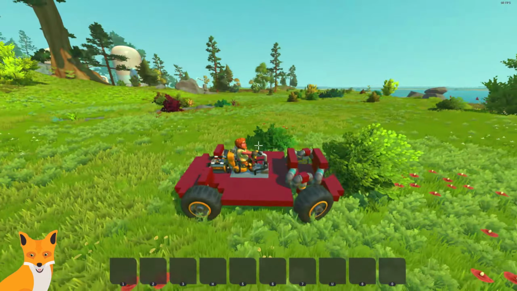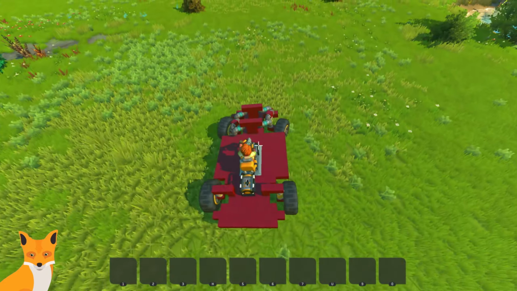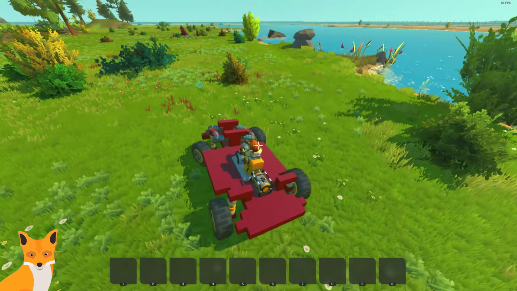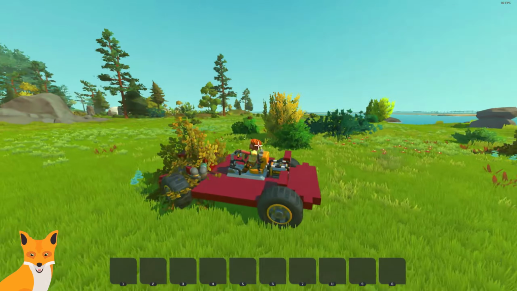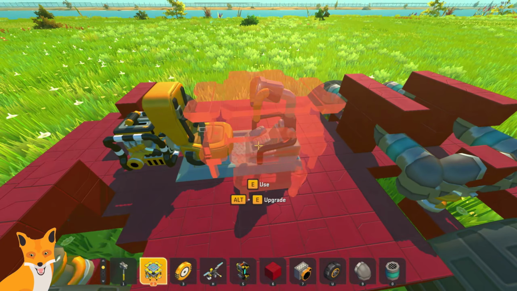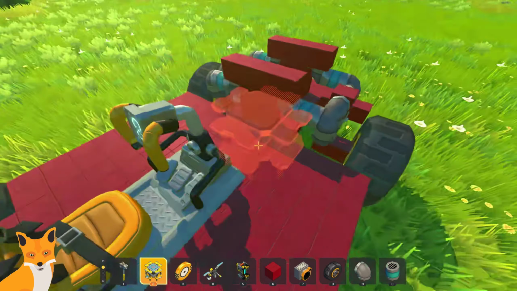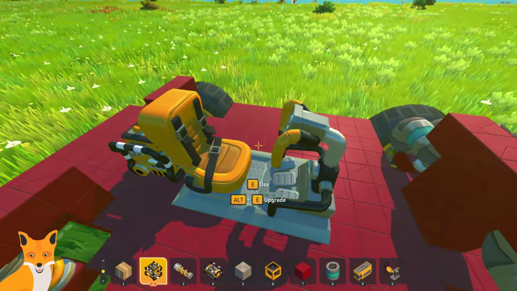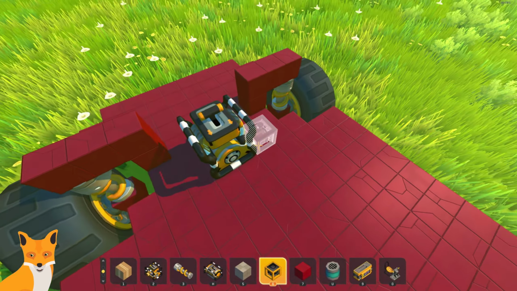There we go, got a really nice car base. Nice and reliable. And kind of good looking, actually. Alright, so with our nice little car, now I need to make a logic system. So first of all,